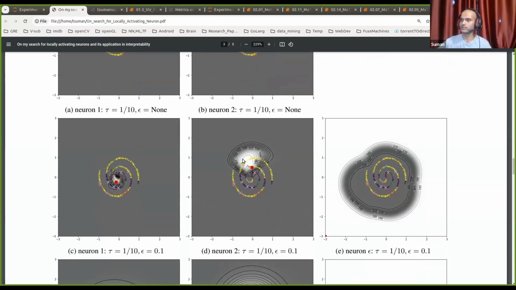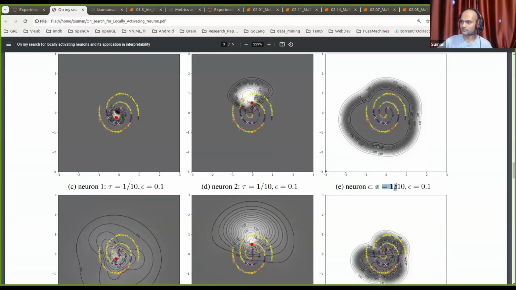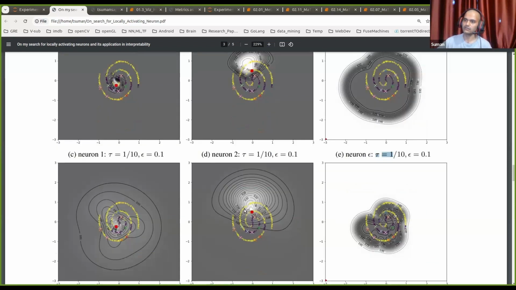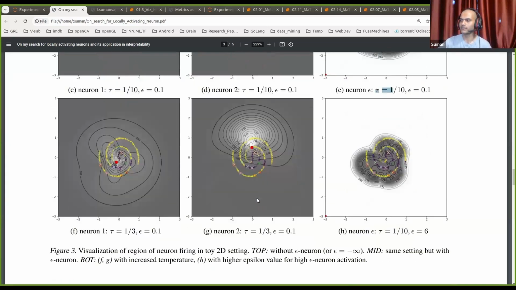Yeah. So after adding the epsilon neuron, the neuron represents everywhere that there is no data point. And you can change the temperature of softmax. So there is a thing called softmax with temperature, and you can change the temperature to change the property of the neuron that activates in wide region or short region. And also, I was able to change the value of epsilon in the softmax to create something that looks like